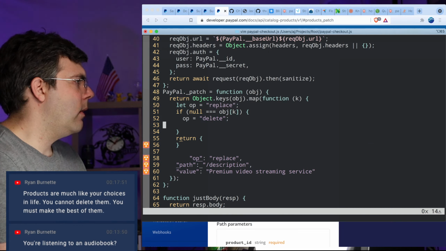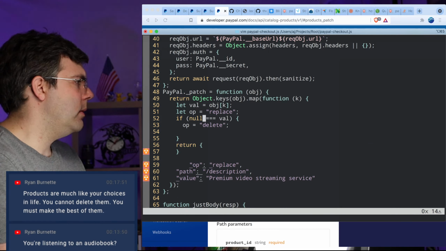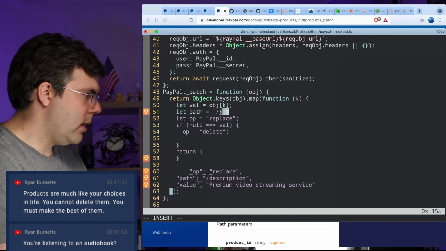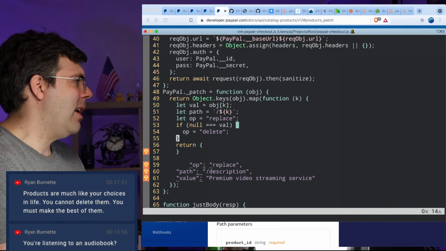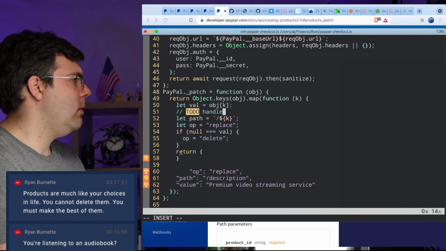So if null is equal to this, then op equals delete. And then let val equal object k. If null is val, op is delete. Let path equal, and it would be slash k. To do: handle nested keys.